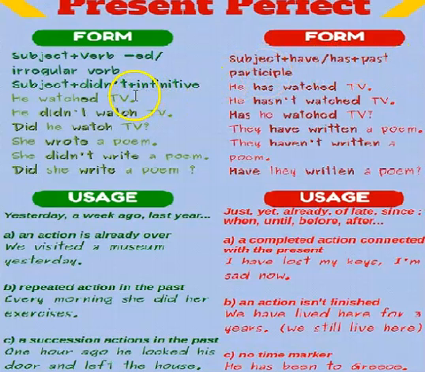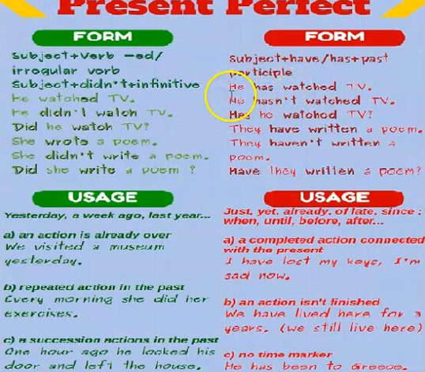Now, in the negative, we usually have subject plus didn't plus the infinitive or a base form, if you remember. Okay, and if we want to make a question, we use the auxiliary verb did, then the subject, then the base form. Okay. Now here